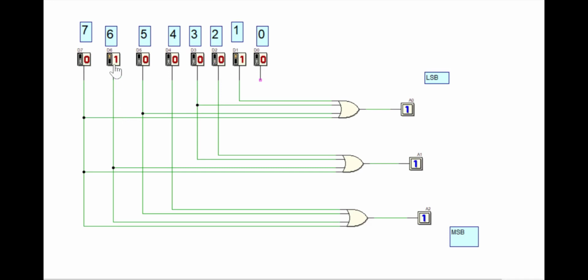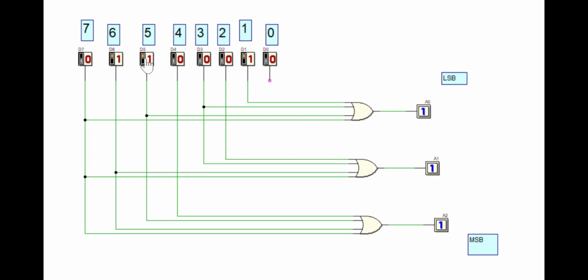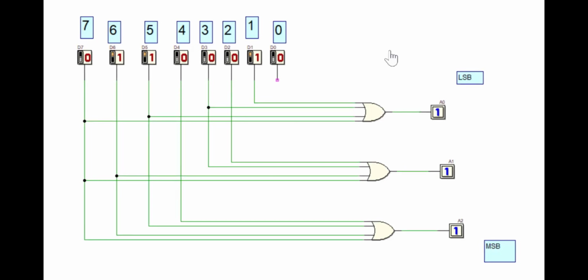If you press more than one input, it is not showing either 5 or 6. If you look at it, this output is 7. That's why you should always have a condition that only one input should be enabled. If more than one input is enabled, you have to design a separate circuit that will come in the next few minutes. That is nothing but a priority encoder where you are going to define the priority. Even if more than one input is enabled, still the input with higher priority will appear at the output side. So this circuit is converting octal numbers 0 to 7 into equivalent binary numbers.